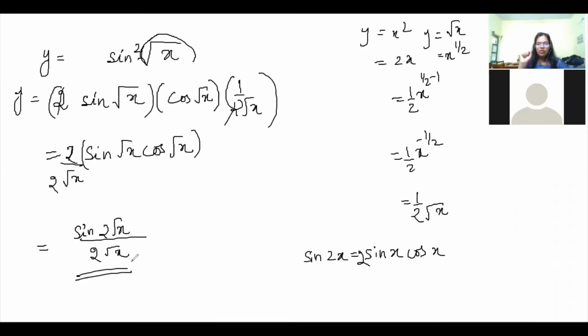Now, is it clear or should I repeat it again? Yes, Ramya, is it clear? Harshita, Bhavika? If it is clear, then I'll go ahead. Otherwise, I can explain again because this was the lengthy one. Do you want me to explain again? Yes, ma'am. Okay.